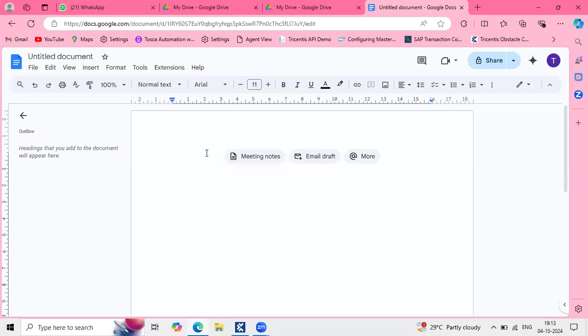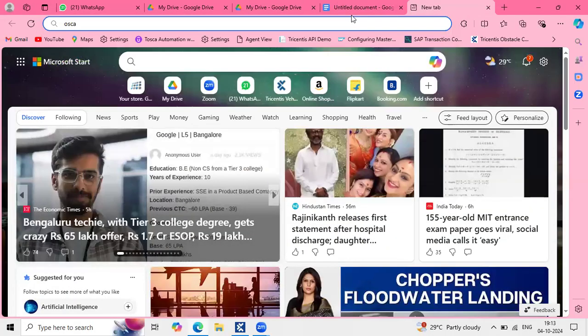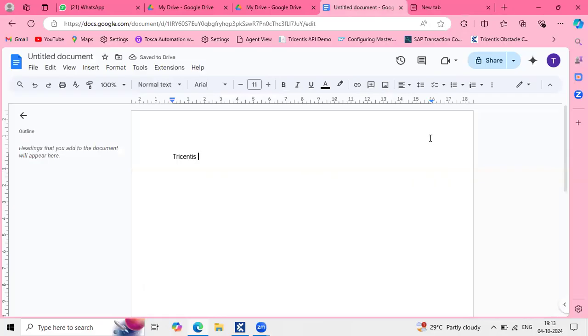So team, the first point is here. We all are here to learn Tricentis Tosca. Tricentis is one of the software organizations, like a product-based company, and this company introduced the Tricentis tool to the